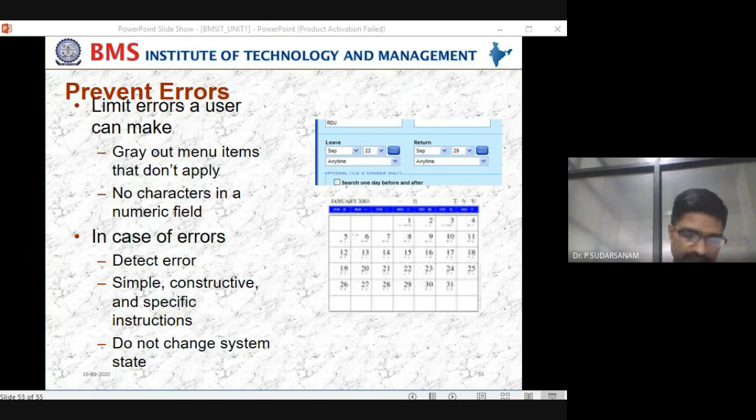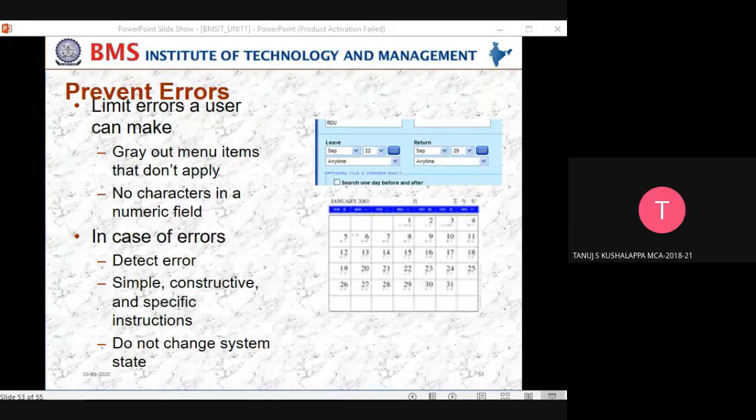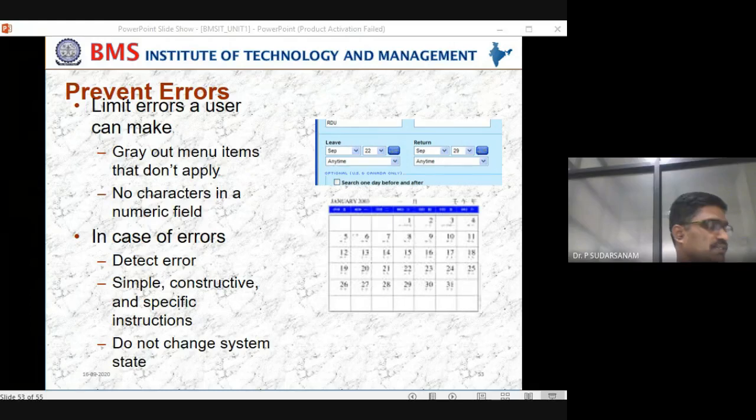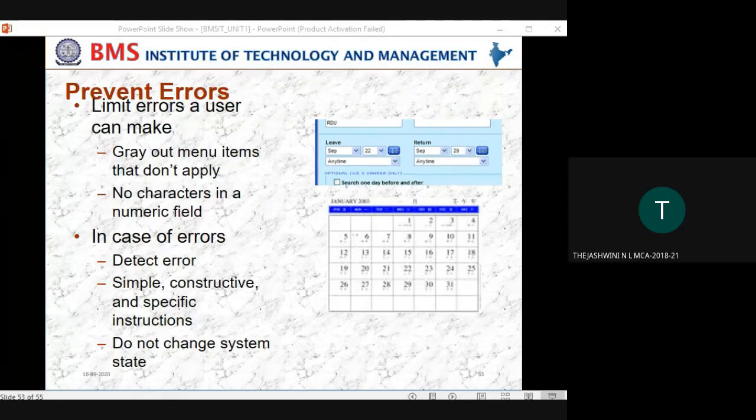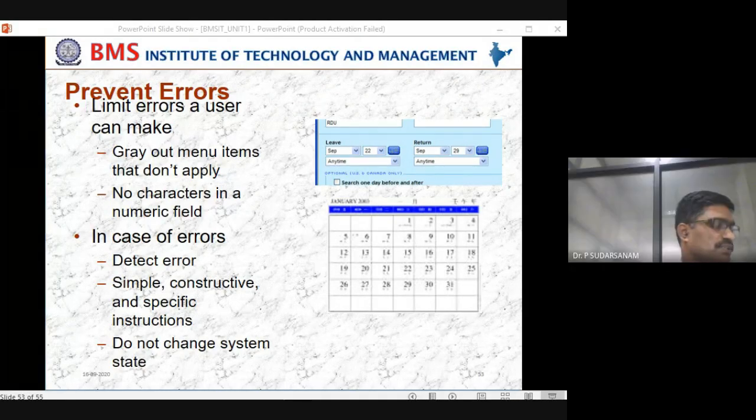Tanuj, present, sir. 72. Tejashwini, present, sir. 73. Mehani, present, sir. 74. David. 76. Present, sir. 77.